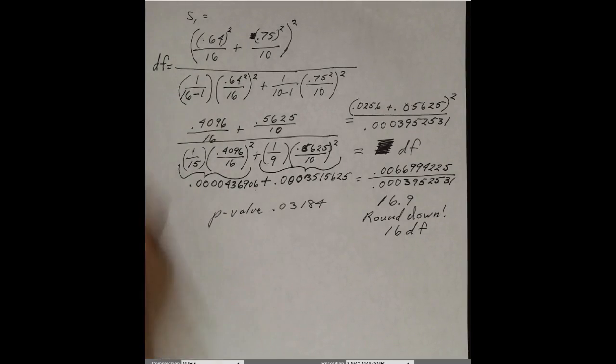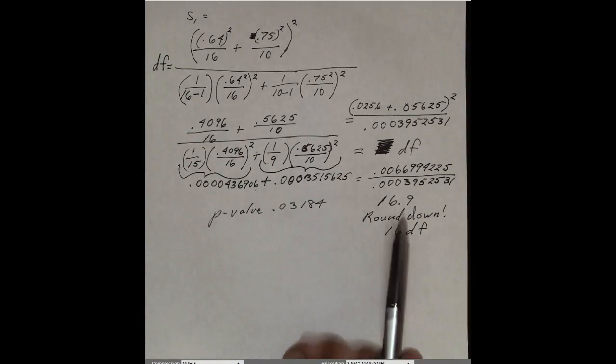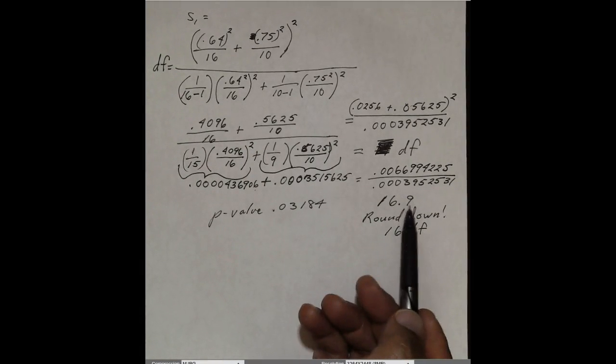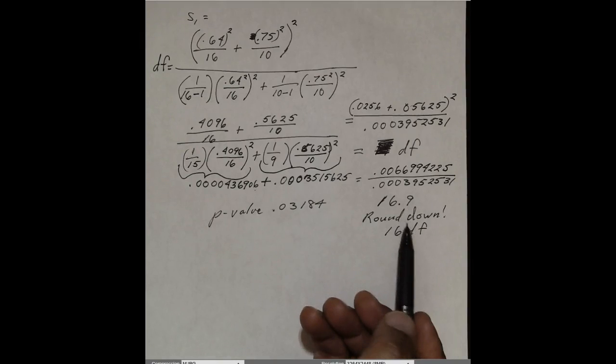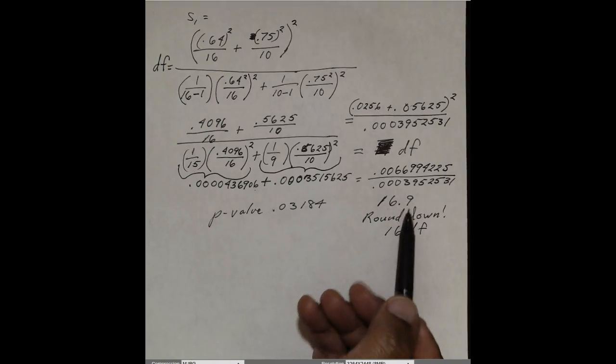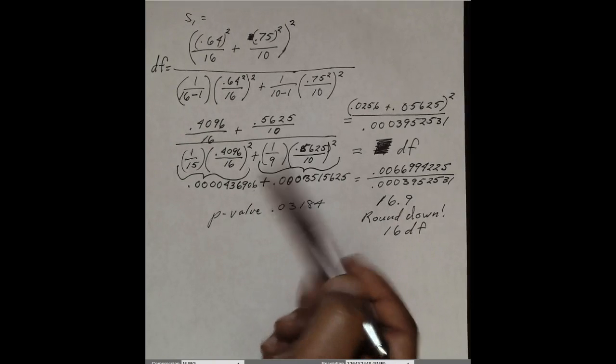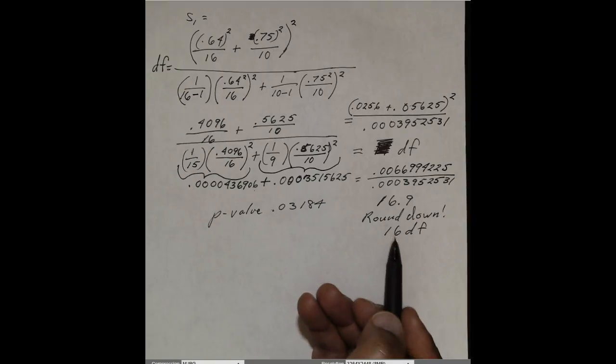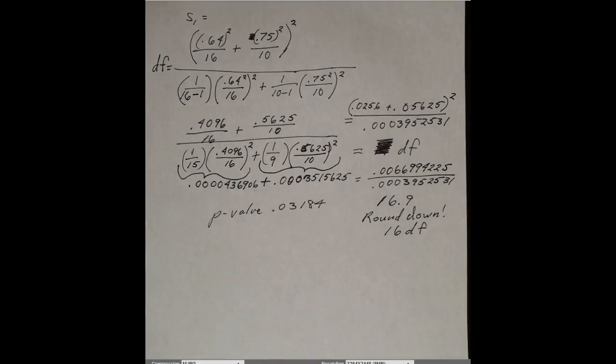But if you do go through this calculation, remember that when you get to the end, regardless of the decimal portion on the degrees of freedom result, you should round down because that's the more conservative approach to take. So even the 16.9 that you'll get through doing all this calculation should be rounded down to 16 degrees of freedom. But let me show you how to do this with Excel,